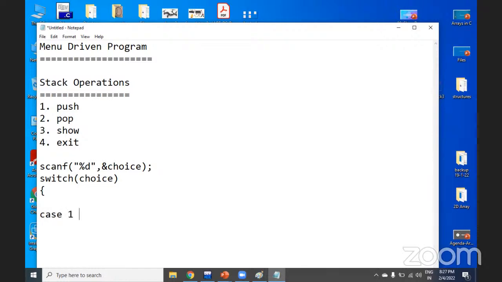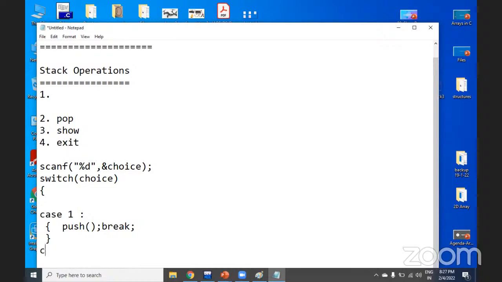Case 1. If it is case 1, what is the thing you are going to do? You are going to write in the block of this. What is your operation? Assume that I'll write functions. Push, and I'll write break. Okay, this is case 1. If your operation is 1, then it is a push. If you selected 2, then I can say case 2, pop operation, break. If you have selected case 3,